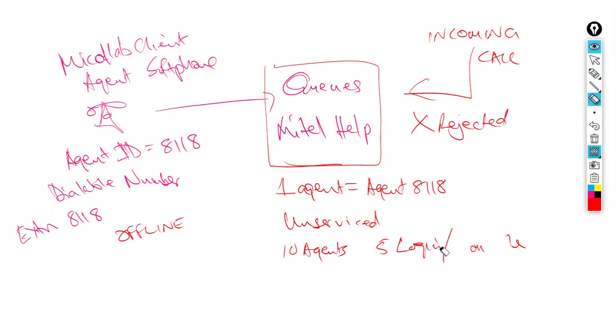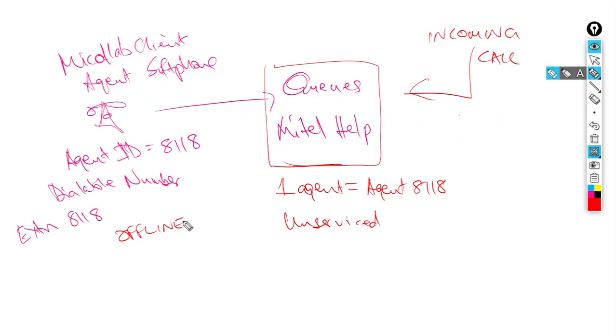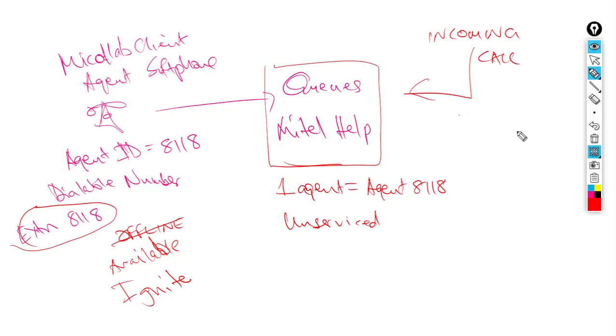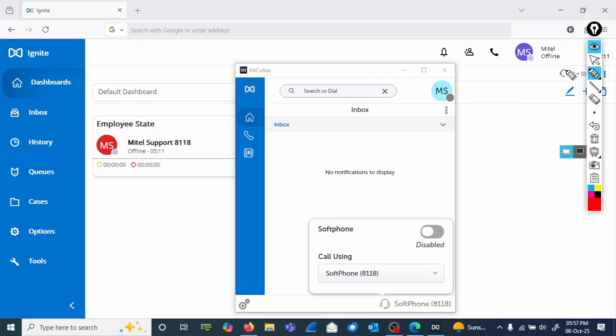So because we only have one agent in this queue, just for demonstration, for calls not to be rejected, we have to make sure that this agent is available to take calls for the queue, and they make themselves available by using Ignite. So let's go ahead, and because our Softphone is still disabled,